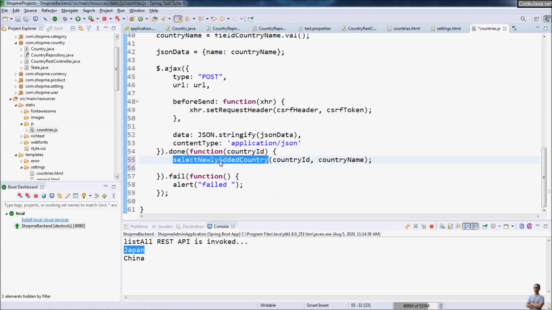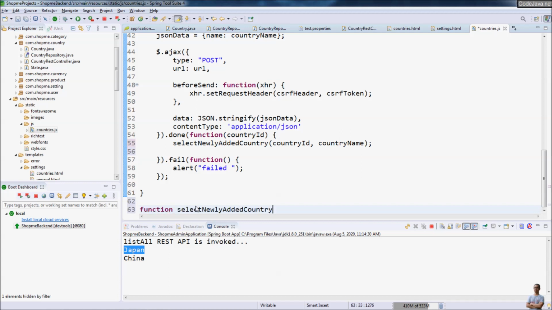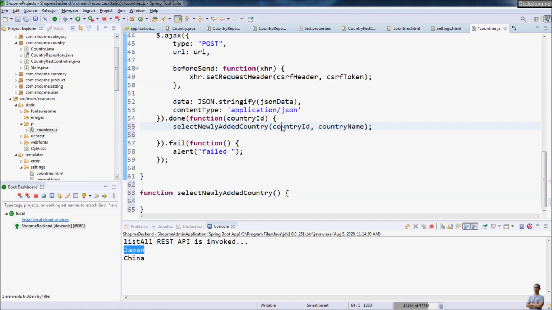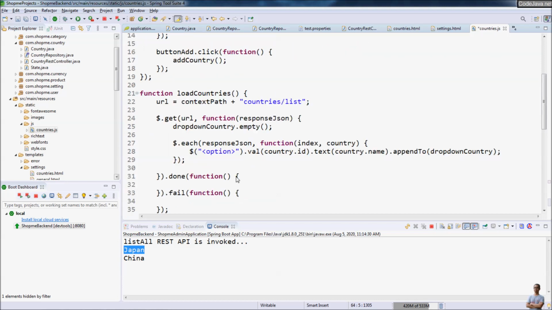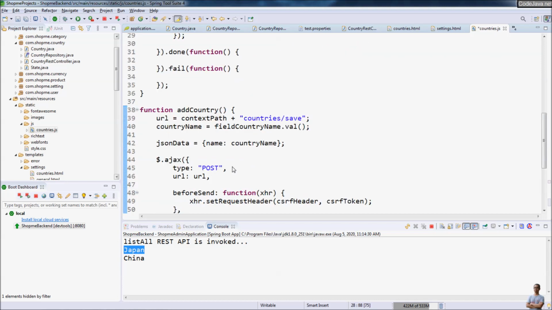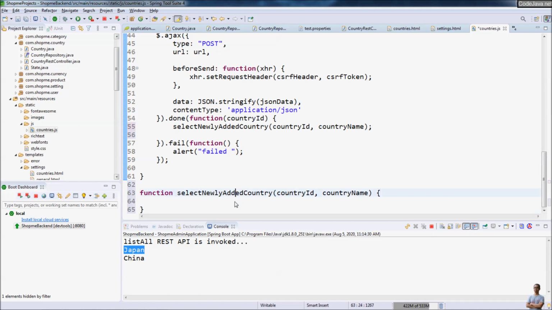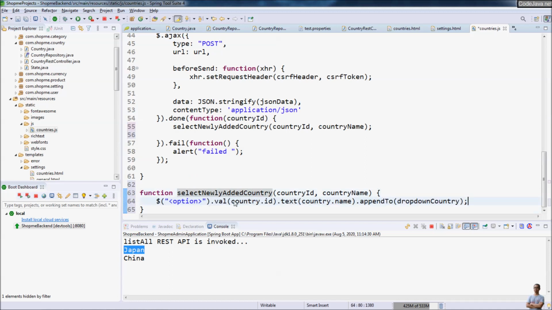We create this method, select newly added country, with parameters country ID and country name, and we create a new HTML option element to be added to the drop-down list. Value country ID, text country name,